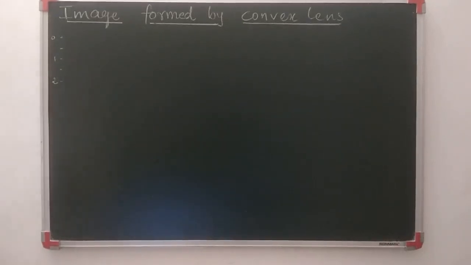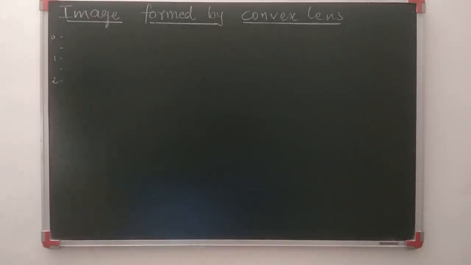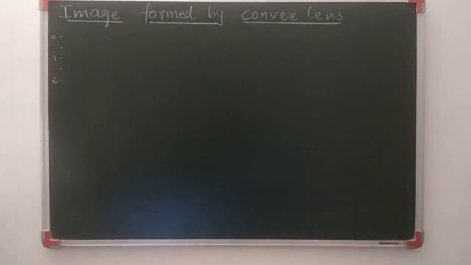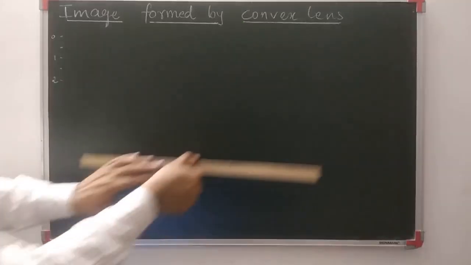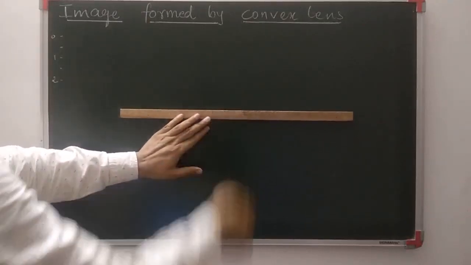Today we will learn the first conditions required to form the image in the convex lens. First we will discuss how to draw the diagram of a convex lens, then which are the necessary conditions to obtain the image. To draw the convex lens, first we need to draw the principal axis,